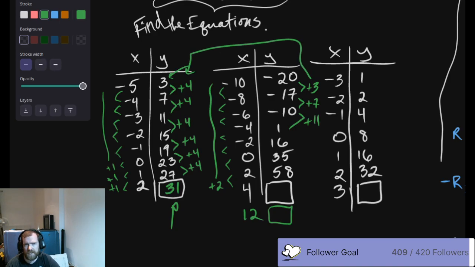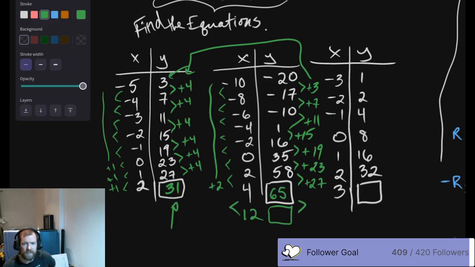It is the outputs of the previous function that are now going to be my rates of change between these individual values, as long as, again, I didn't mess this up. All right, 19. Yeah. And 23. Yeah. Okay, so that means that the next one down should be plus 27, which should get us a 65.